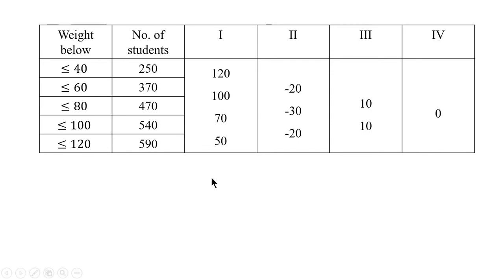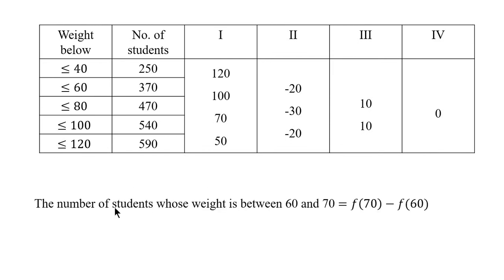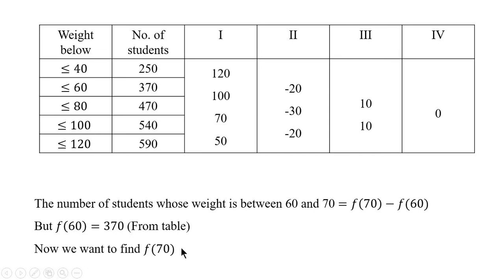Okay. Now we can use both backward as well as forward interpolation formula. But we have to find out the number of students whose weight is between 60 and 70. So we have to subtract these two, f of 70 minus f of 60. Now f of 60 is 370 from the table. The number of students who weigh below 60 is 370 from the table. Now we have to compute only f of 70 using forward or backward, and this is the difference table we